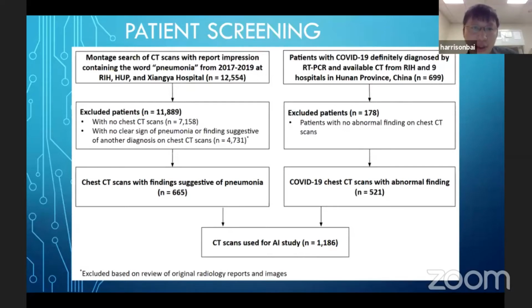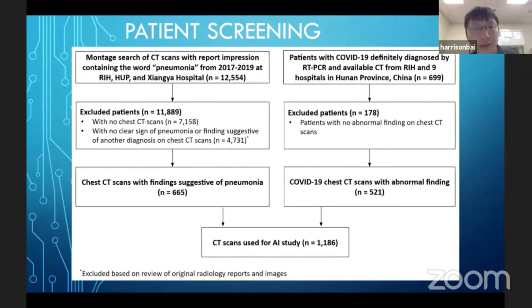So we used a Montage search to identify patients with other pneumonia from 2 hospitals in the United States and also 1 hospital in China for our other pneumonia cohort. We excluded those patients with no chest CT scans. And then we manually reviewed the radiology reports and the images